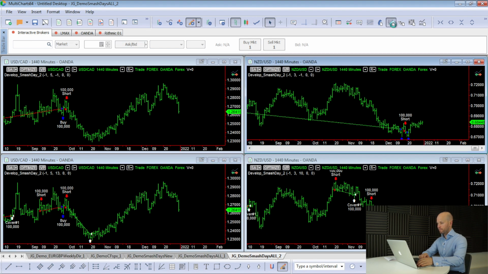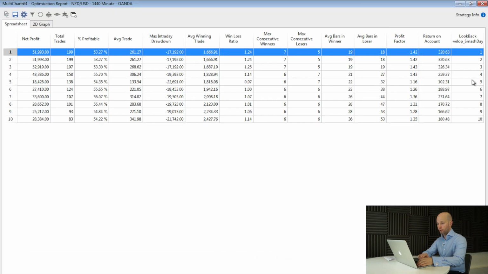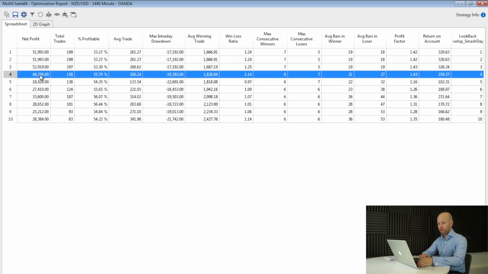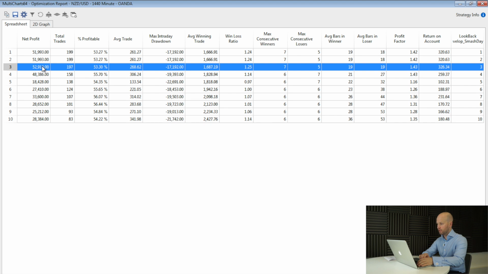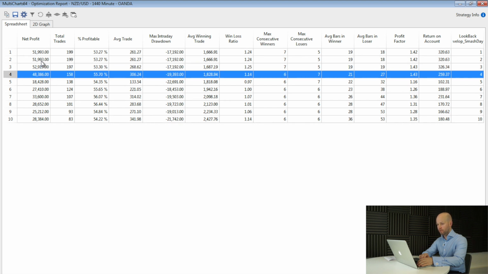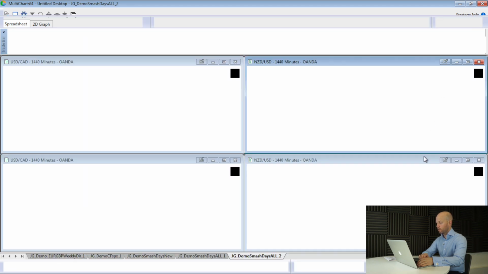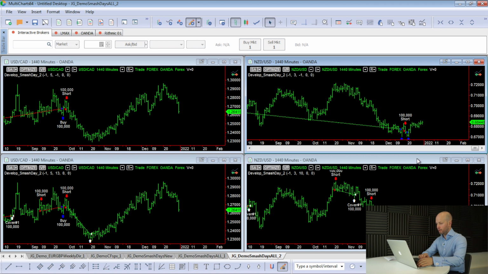So again, first optimization I do is looking at the look back. And very quickly I see using 1, that's taking every trade, 2, 3, 4, then the numbers start to decline quite a lot. So the best number is actually 3. 4 is pretty good, 2 is pretty good. So 3 could be stable, although I really don't like the way that these numbers decline. But let's use 3 for now and move on to the next optimization,